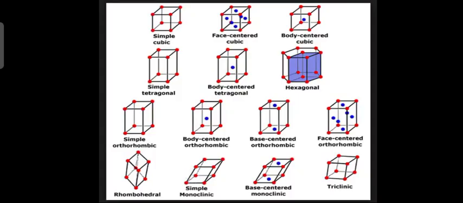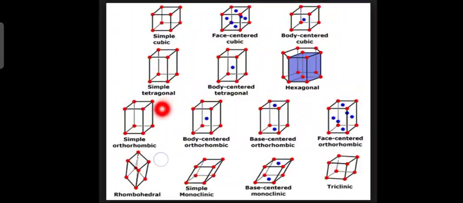Okay. Next slide. Now here are the diagrams for the different Bravais lattices. Simple cubic, you can see lattice points at the 8 corners. Okay, face centered. 8 at the 8 corners, orange colored ones, and blue colored ones are face centered. Okay, blue colored ones are the same. So total 14. Okay, body centered, 8 at the 8 corners, orange or red color, and blue at the center of the body. So 8 plus 1 is 9.